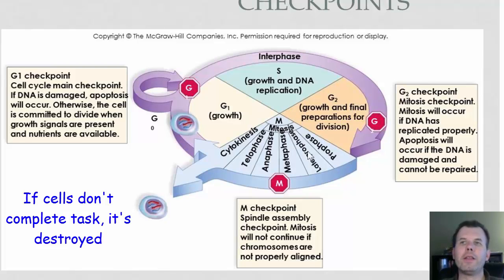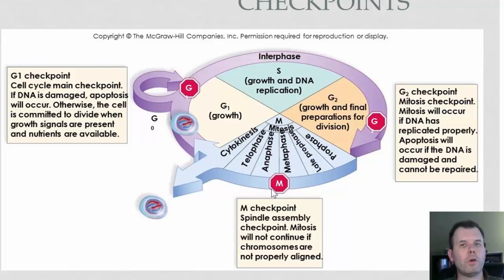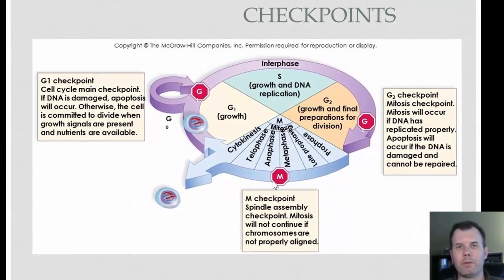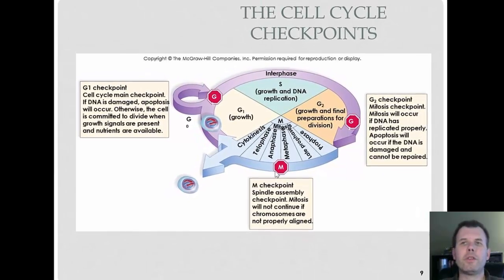Okay? And then finally, you have this last one during mitosis. This is called the M checkpoint. And basically that says if the cells aren't dividing correctly through mitosis, we're getting rid of those cells. You don't want to have an abnormal number of chromosomes and everything else. So if the cells just don't look right when they're dividing, they get eliminated. Okay? And what is this elimination called?